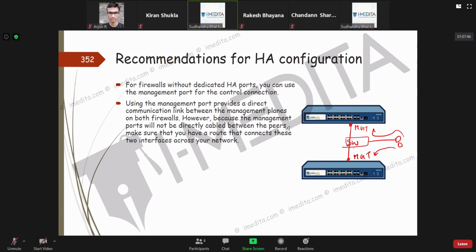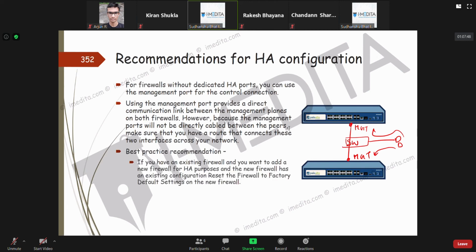So the best practice recommendation is, if you have an existing firewall that is being actively utilized in the production environment, do a factory default on the other firewall and then bring it into the configuration. The reason is that sometimes it may have some junk or old configuration, maybe with a better priority, and if you just plug it in and start configuring HA, the production firewall might get the configuration from this junk configuration firewall.